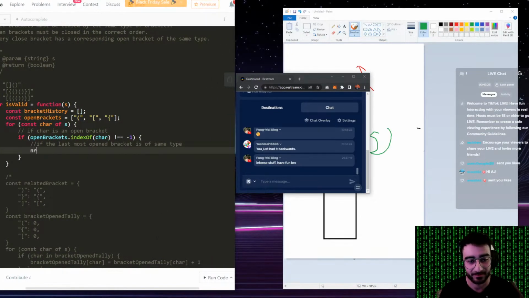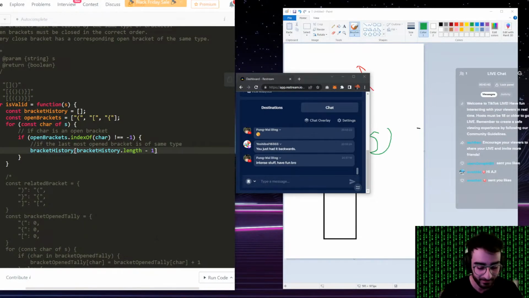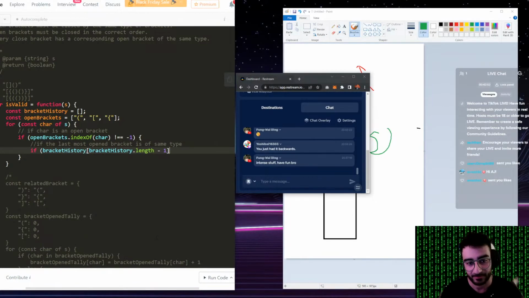and the way we do that is we check the last element in bracket history. We'll get the bracket history at index of bracketHistory.length - 1. That should get the last value. If the last value